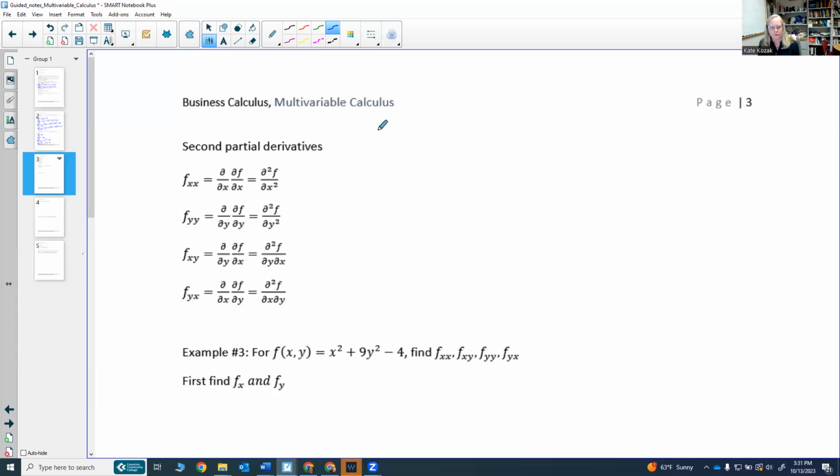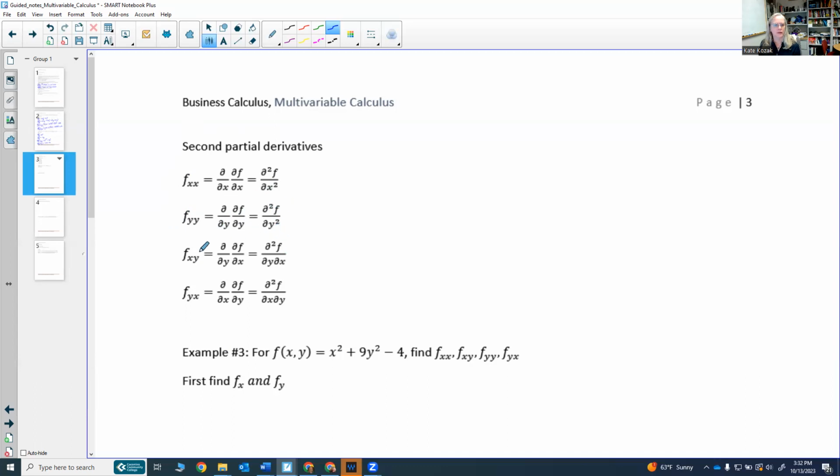If you can find the first derivatives, you can also find a second derivative. So we can do the second partial derivatives. The partial derivative of f with respect to x and x is the partial derivative with respect to x of the partial derivative of f with respect to x. Also can be written as the second partial derivative of f, d squared f dx squared. The partial derivative of f with respect to y, then y, is the partial derivative with respect to y of the partial derivative of f with respect to y,